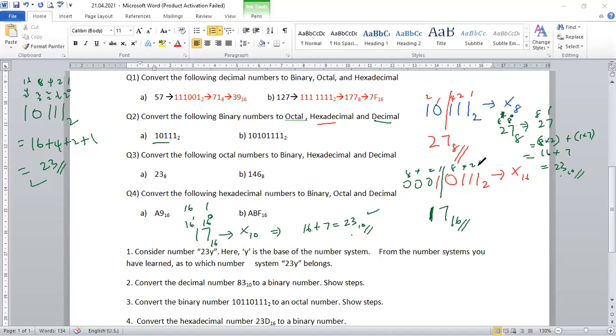Try to understand. So here, what are the values? When you convert to octal, it is 27, the base 8. Then hexadecimal number, it will be 17, the base will be 16. And the decimal 23, the base 10. So you can write